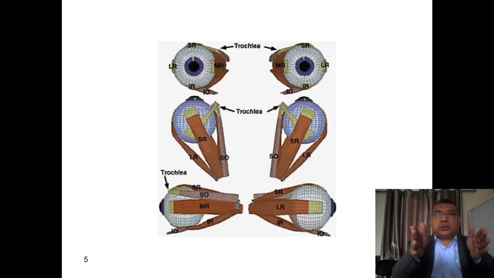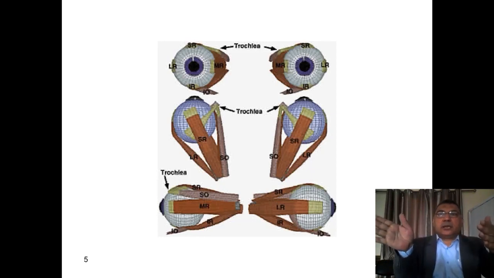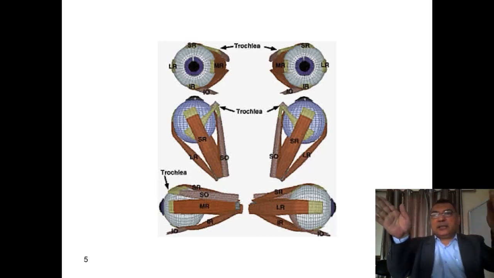So when the patient looks from the primary position, which is as if he's looking at a distant target in front of his eyes, if he looks to the right, the right lateral rectus will contract and the left medial rectus will contract. These are the only two muscles that are active in this position. If he looks to the right and up, the right superior rectus is the only active muscle and the left inferior oblique is the only active muscle. If he looks right and down, the right inferior rectus and left superior oblique are the only active muscles,